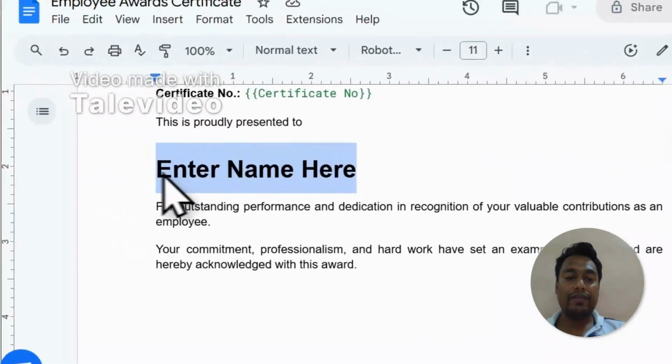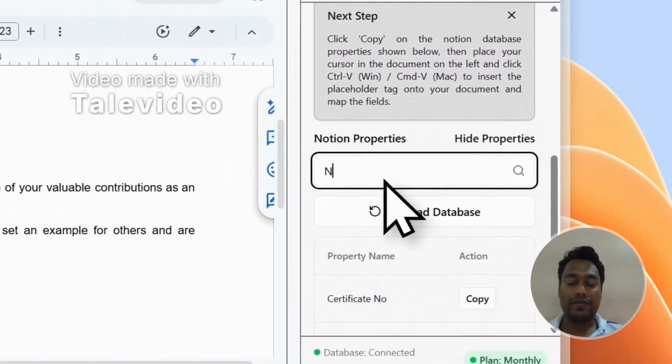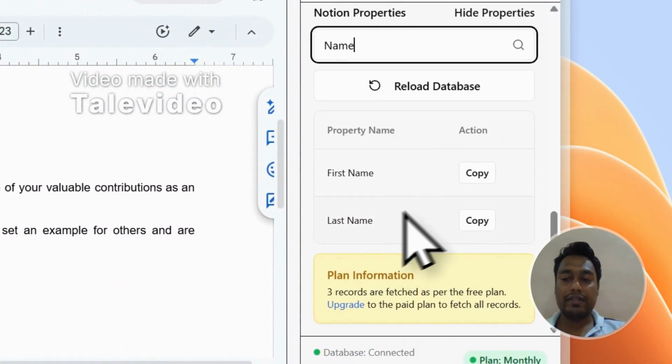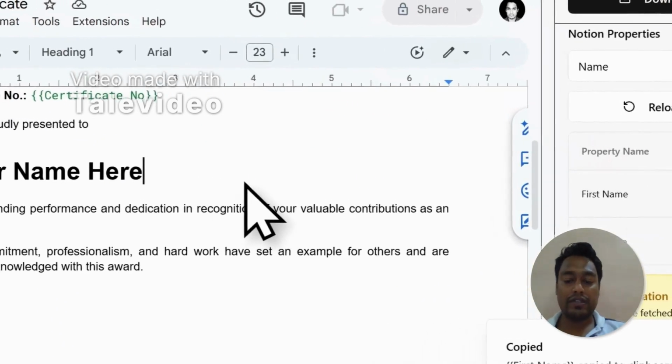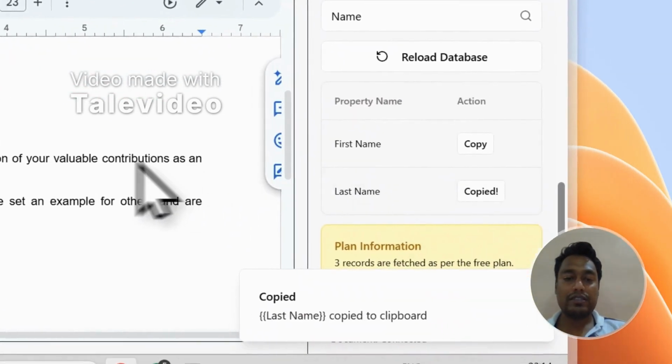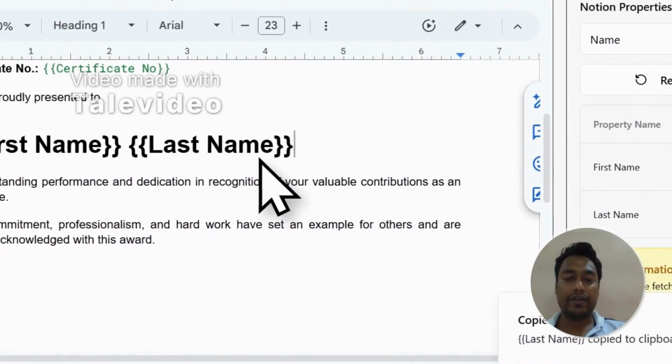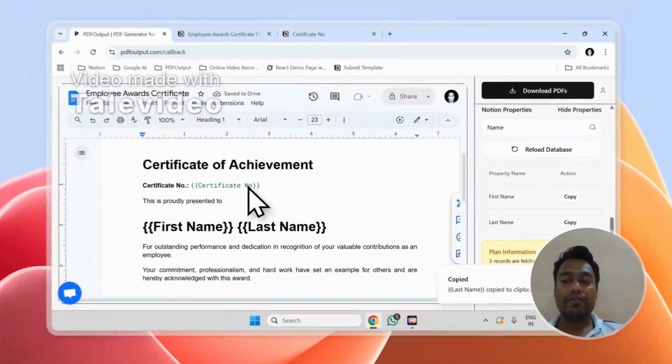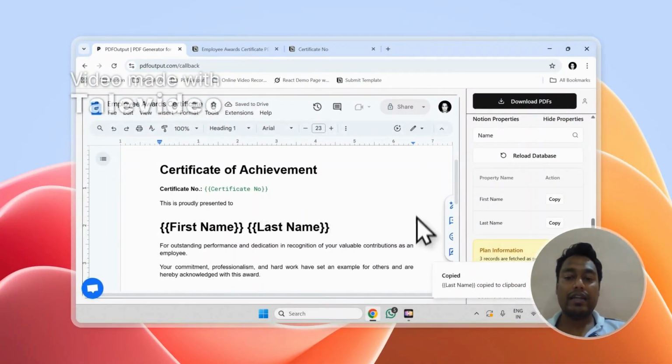And then we need the name variable. So let us search for name. We have the first name and the last name. So let me click to copy the first name, remove this and put a space, copy the last name, and again use Control V or Command V. Okay, so we have got the name field, we have got the certificate number field, and it's time to generate